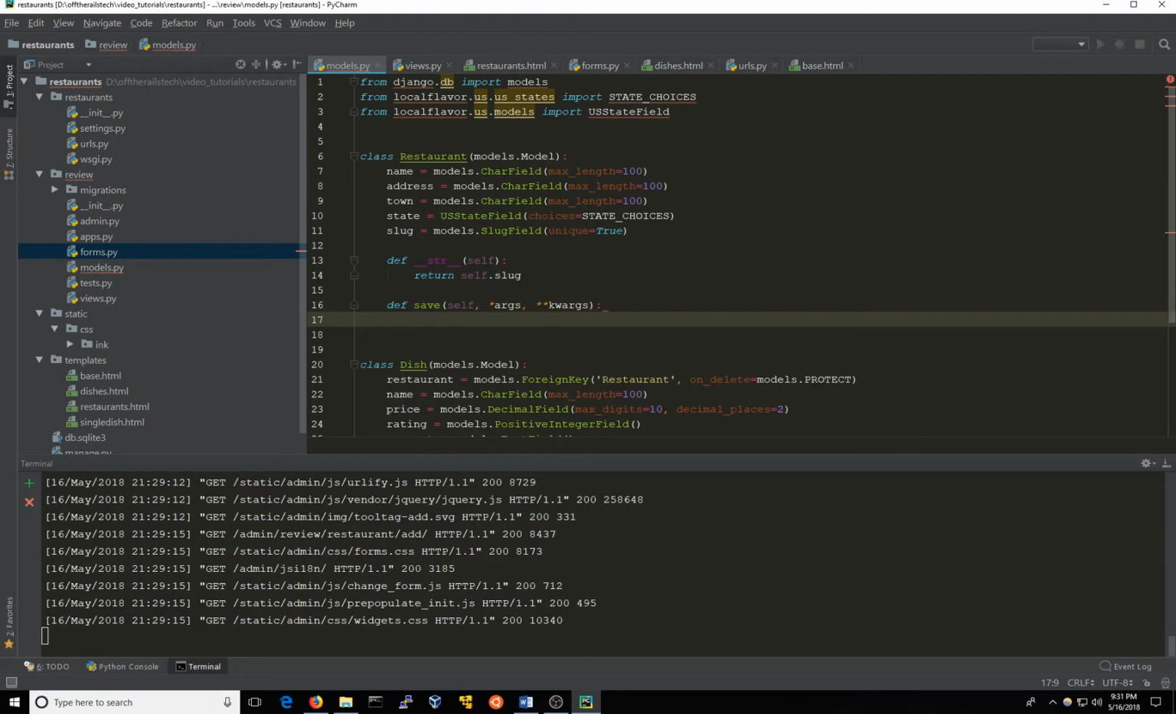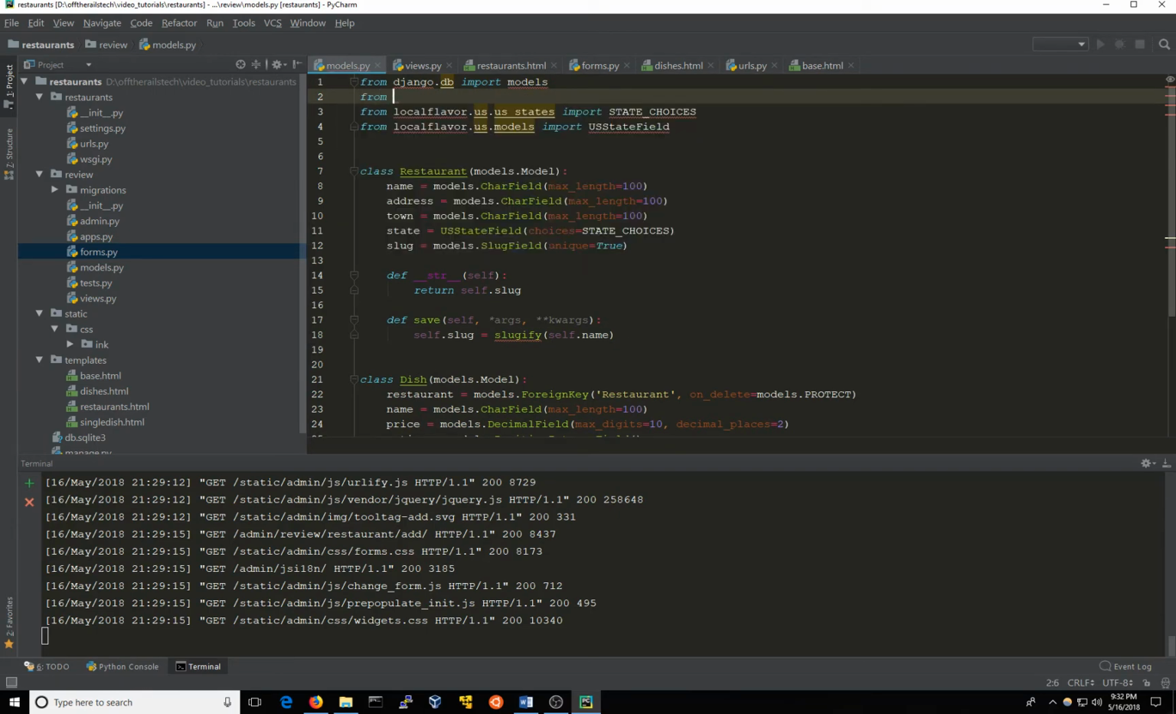And so this is going to overwrite the save method, and so when an object gets saved, it's going to do this in addition to what it normally does. So what we're going to do is say that self.slug equals slugify(self.name). And slugify is something special. We actually have to import it because it's not available to us right now. So this is from django.utils.text import